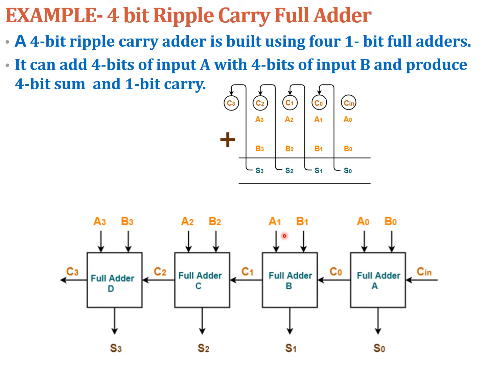The second full adder adds inputs A1 and B1, produces some S1 and also produces a carry out which we have named as C1. This C1 acts as the input to the next full adder which has inputs A2 and B2, produces some S2 and also produces a carry out C2. This C2 goes as the input to the last full adder having inputs A3, B3 and produces a sum S3 and gives us the final C3. So this C3 also represents the final Cout of the ripple carry adder.